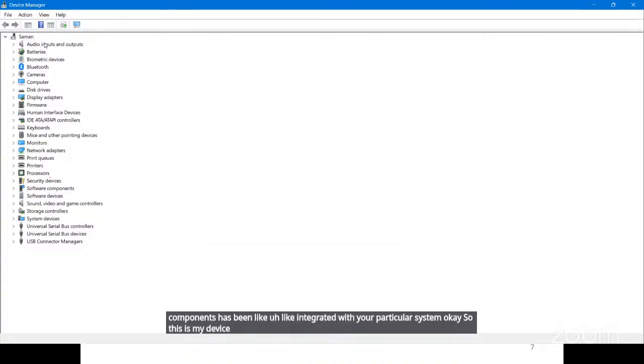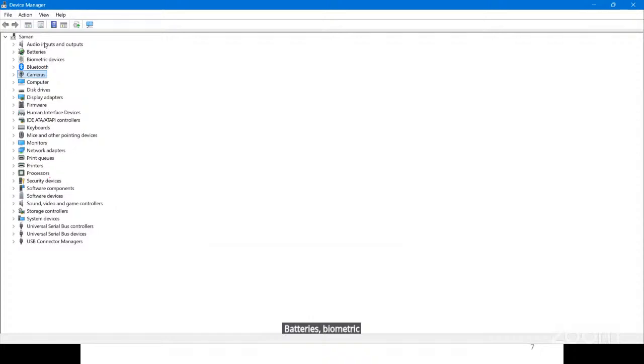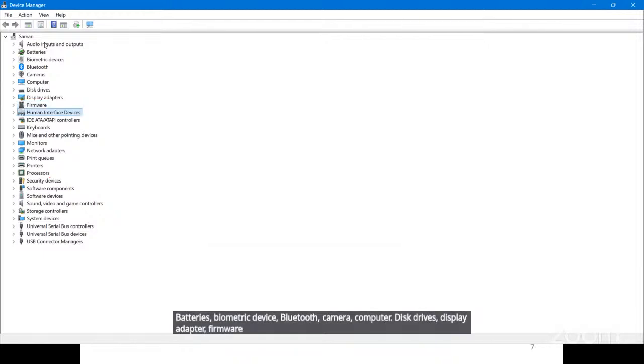On this Device Manager, you can see the audio inputs and outputs, batteries, biometric devices, Bluetooth, camera, computer, disk drives, display adapters, firmware, human interface devices, IDE, keyboard, mouse, monitor, network adapters, printers, and processor.